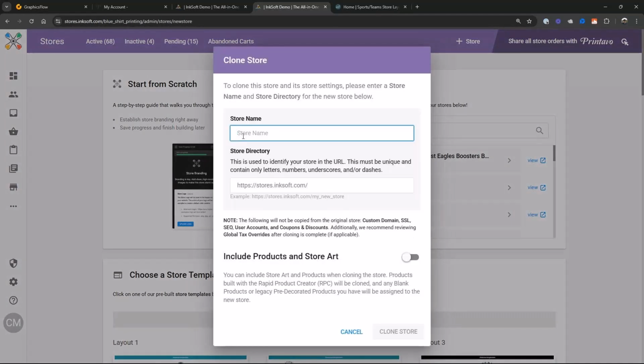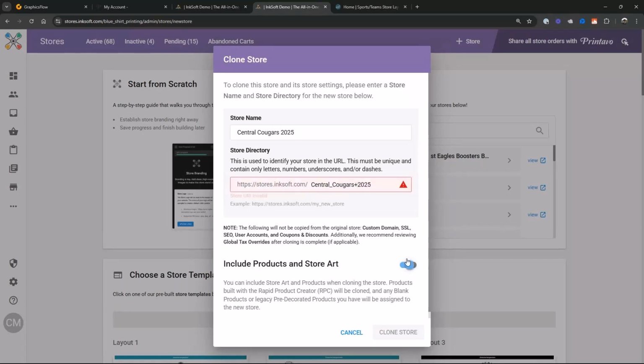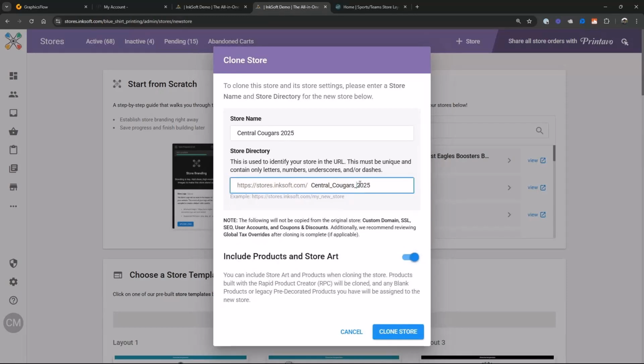And we'll give it a new name. We'll call it Central Cougars 2025. There you go. But this is where that bulk art replacement becomes really handy. So right here, this is the magic. Got to put an underscore in there. Because watch what happens next. So when I go to clone store,